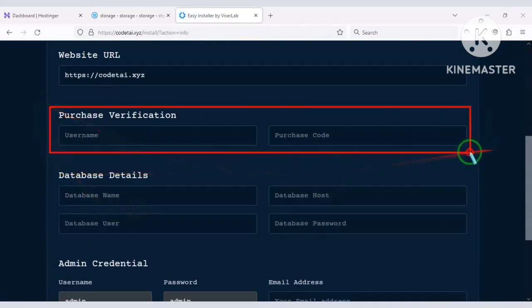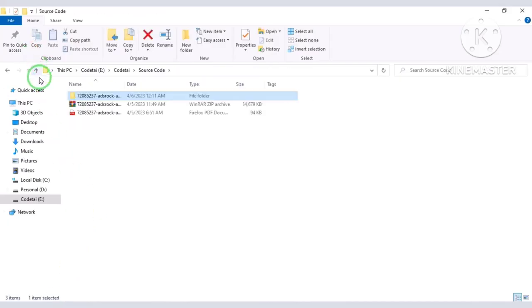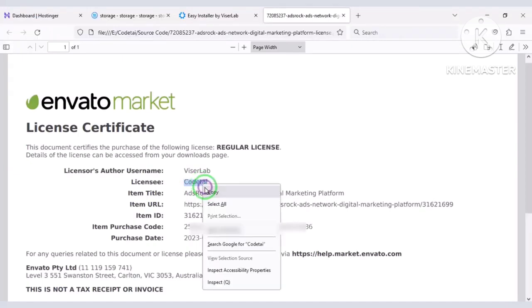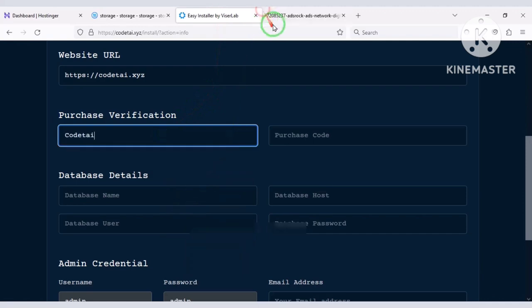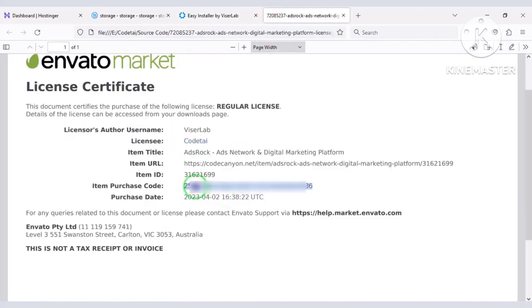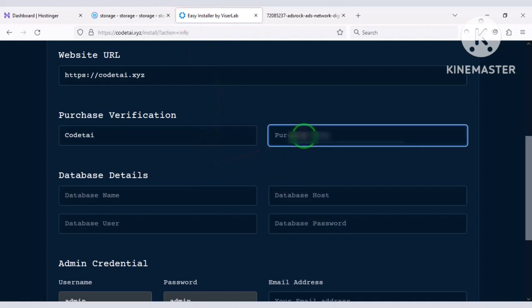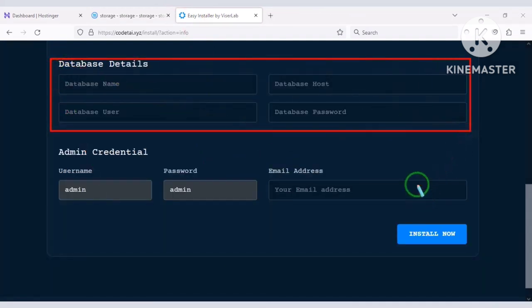Now we have to do purchase verification. Then we need to add the database to the website.